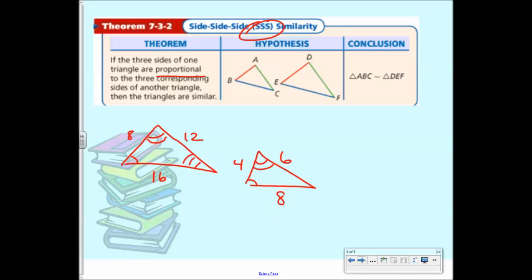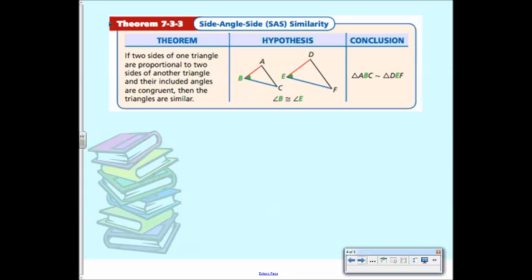And then the last one is side angle side similarity. So here, just like SAS before, instead of knowing that they're equal, you need to know that two sides are not congruent. Similar, but what does similar mean? Proportional. And if they're proportional, this angle has to be congruent. That's when you would use SAS. All right, so for example,